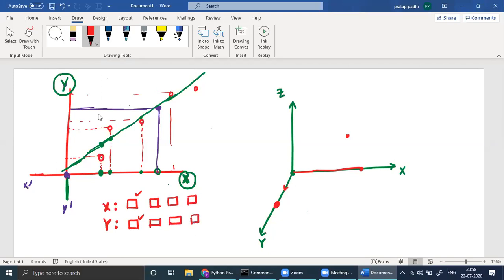Here, two are given. Suppose the time you are spending studying every day, suppose 3 hours, 4 hours, 5 hours, whatever you can spend. And here Y, you can take another variable, the amount of money you have or you spend for your studies. So two things will determine your final result.